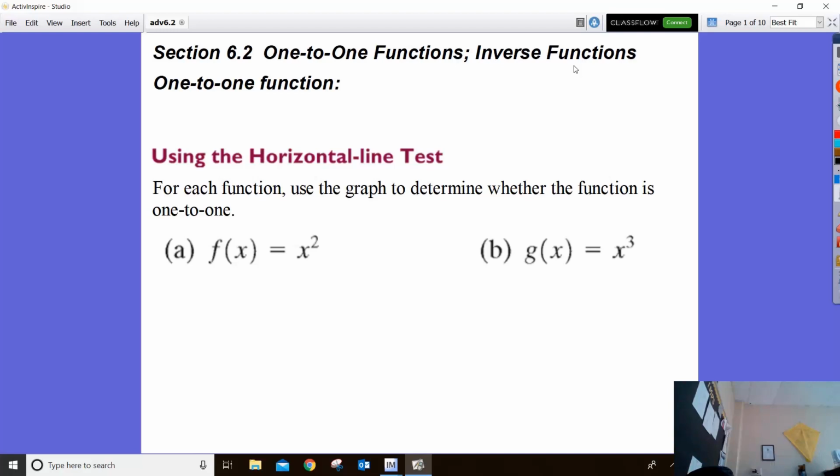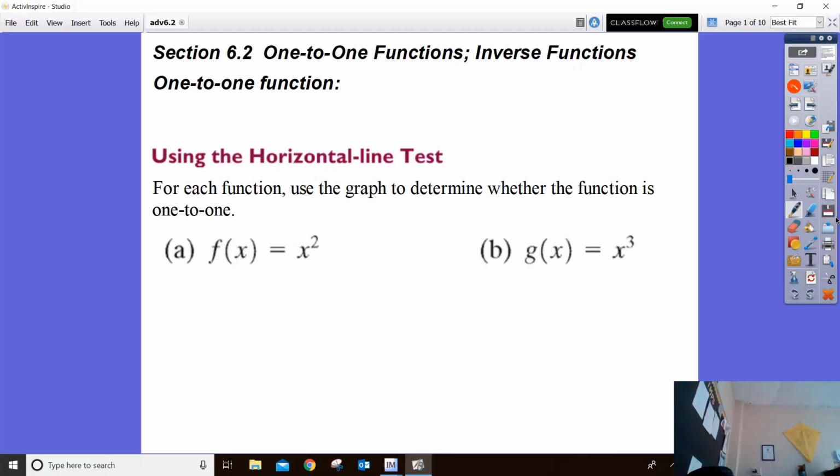If you go back to functions, it's maybe just a little more than that. The definition of a function is every x has at least one y. In a one-to-one function, not only does x only have one y, but y only has one x. Every x has exactly one y. Every y has exactly one x. Math books will actually use the word mutually exclusive,